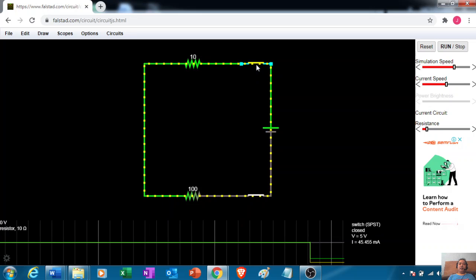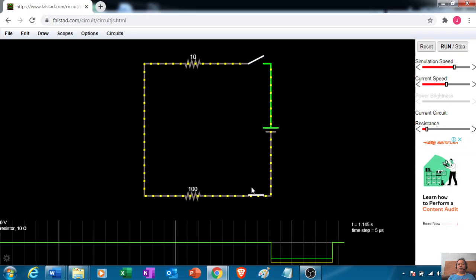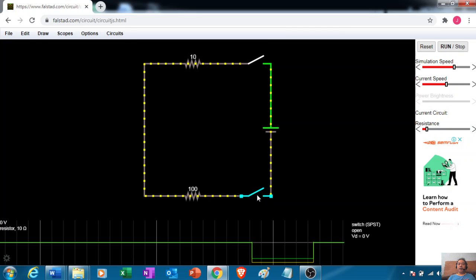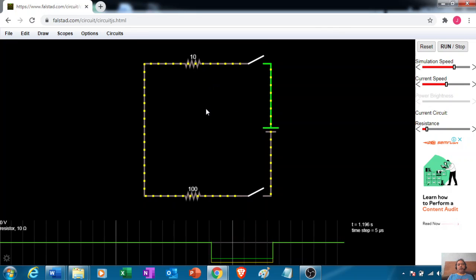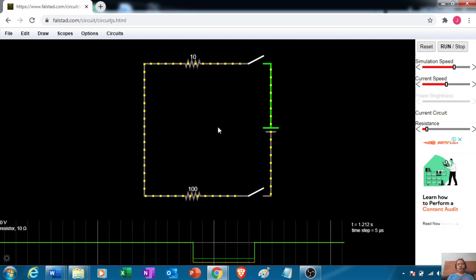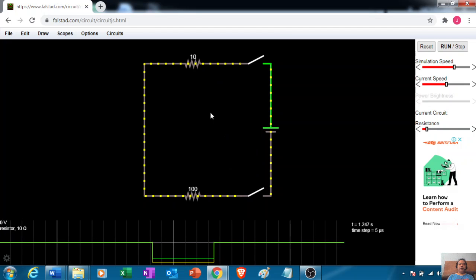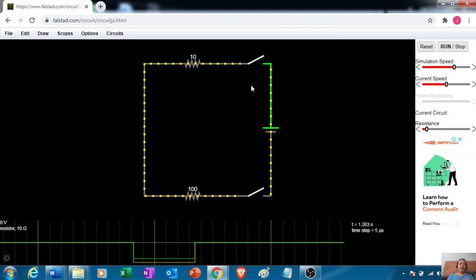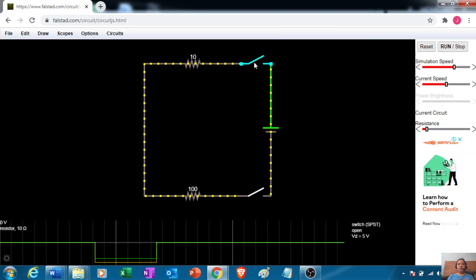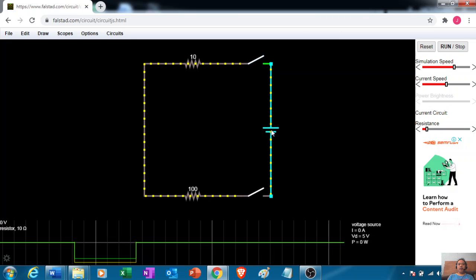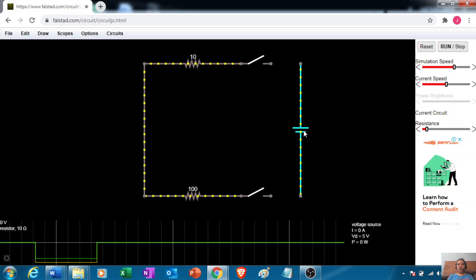Okay, if either of the switch is off or cut off or turned off, so automatically the circuit will have no current flowing. Okay, so what will happen if you're going to apply switch in parallel? Okay, so